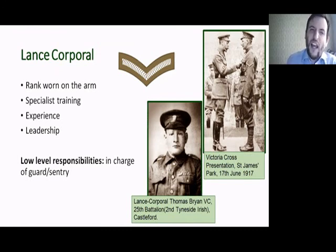Now, if you're a Lance Corporal, you might have specialist training in one particular area. You might have a good deal of expertise in the army, or you might have leadership potential. The sort of things that you'd be doing in the trench on a day-to-day basis, you'd have low-level responsibilities. You might be in charge of a guard post or a series of sentry posts. And Lance Corporal Thomas Bryan